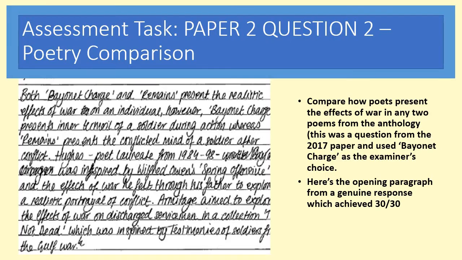And again, think about the effects of war in any 2 poems. So this could still include poems like My Last Duchess. It could still include poems like Ozymandias, because these are still the nature of different kinds of war. So, for example, Ozymandias detailing the war between man and nature and how nature erodes man's successes. Or the My Last Duchess poem talking about the war between the sexes and the war between the Duke's status and role and his jealousy.